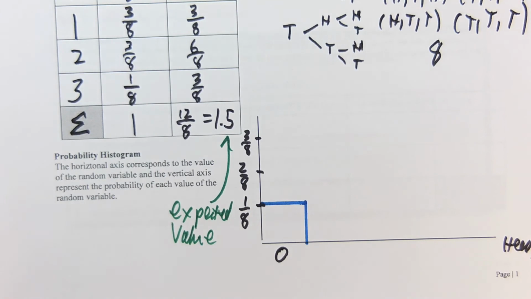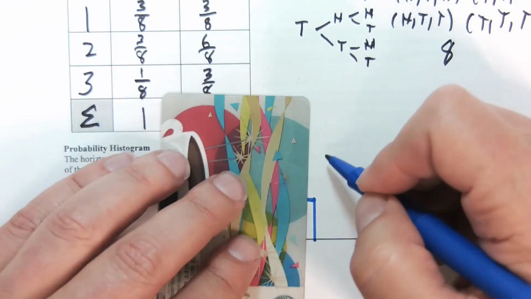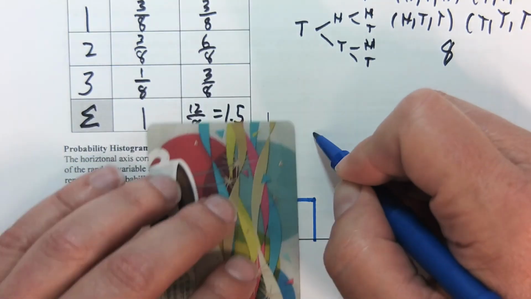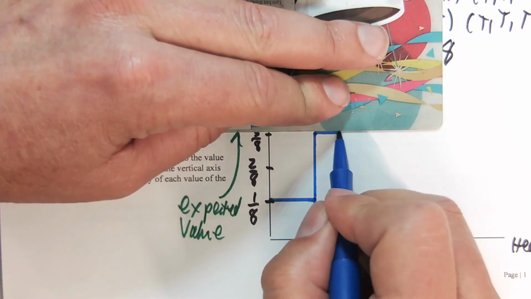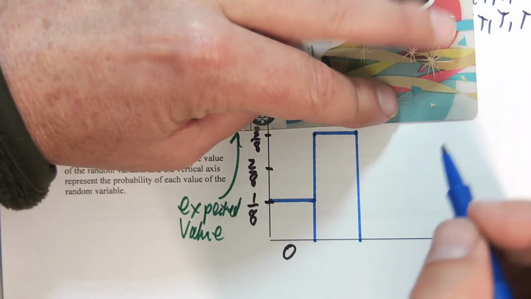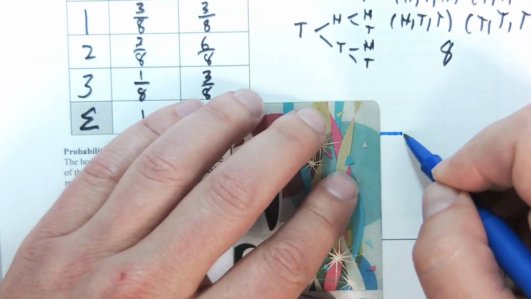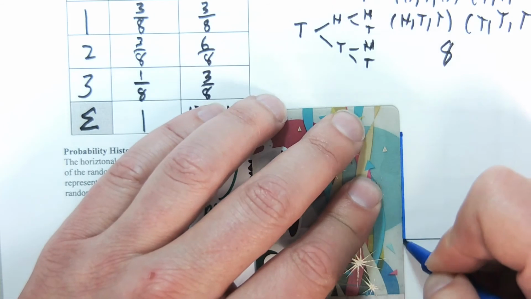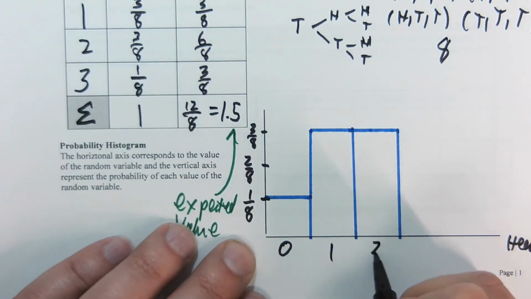And for 1 and 2, I'm going to go up to 3/8. These both go up to 3/8, 1 head, 2 heads. And then we have